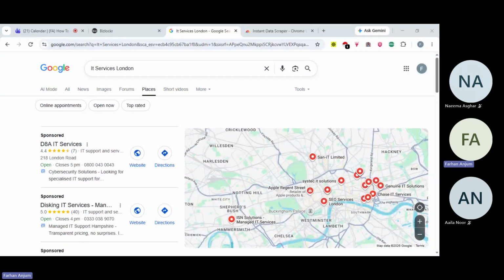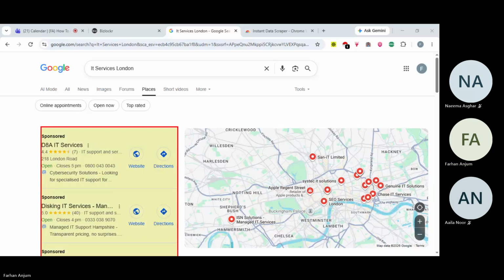I'm going to stop it for now because this is something that can take a lot of time, because it will keep on scrolling from one page to another page, and that is how it could be reaching hundreds of pages.